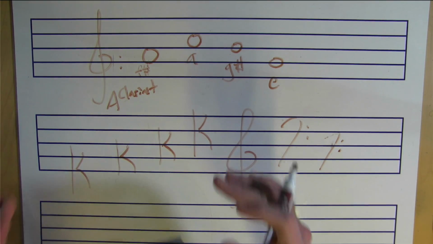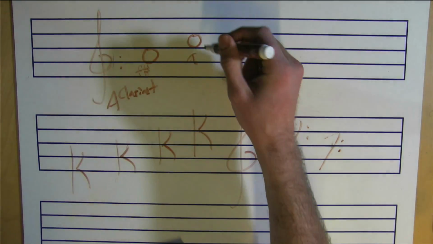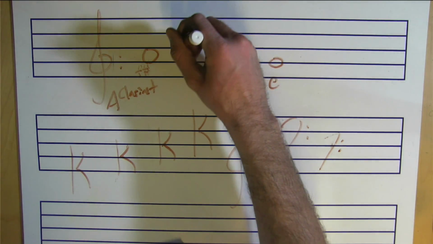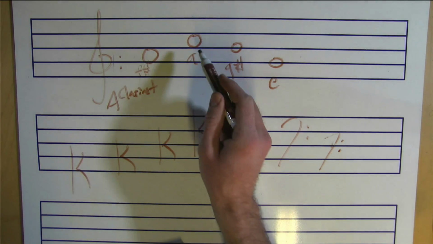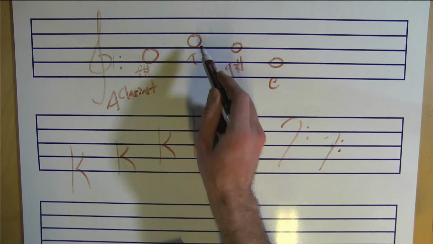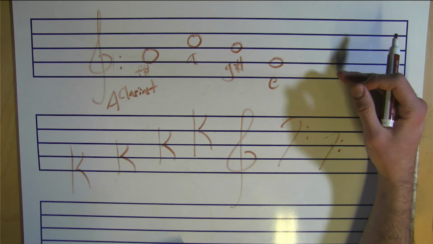So with what clef, which of these clefs makes this A or this C an A? Which of these clefs can you read this written C as an A? I'll give you a second. Think about that. 5, 4, 3,